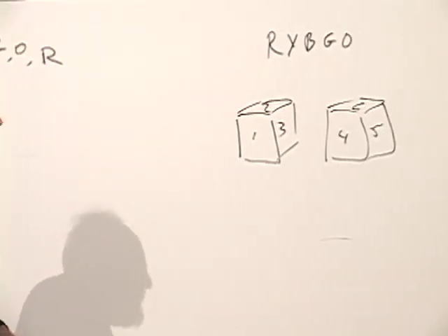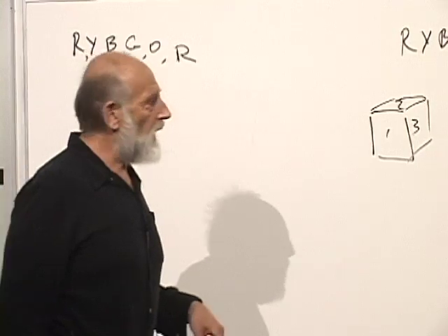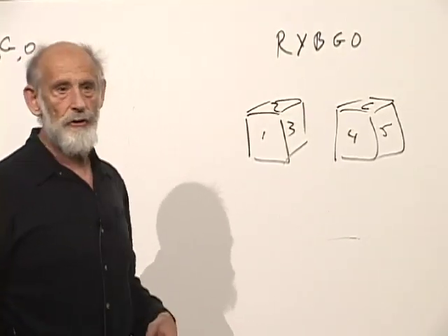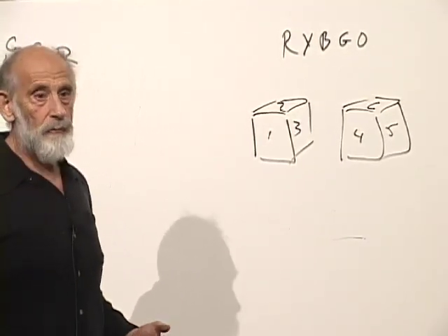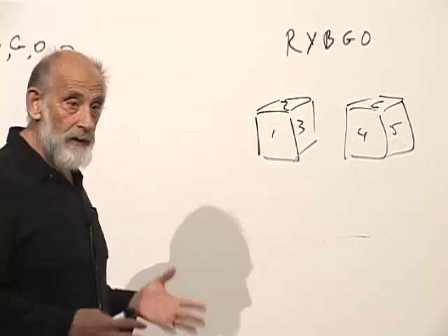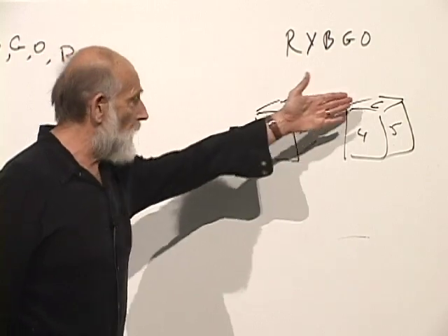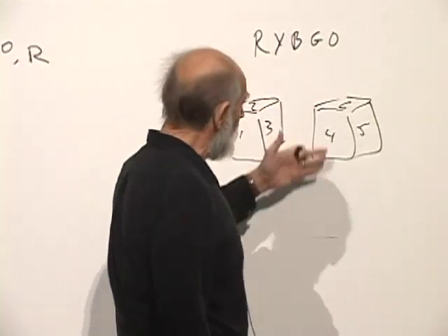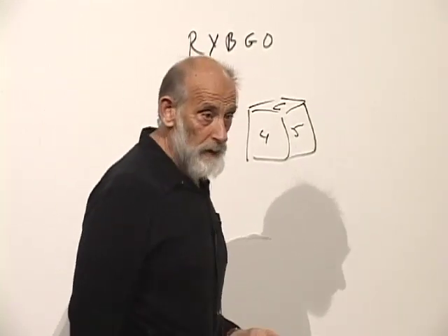From 2 and 6, we can flip in a way that can bring us to what? It can bring us to 4 and 4. It can bring us to 1 and 7, except there is no 7. It can bring us to 3 and 5, but it cannot bring us to 1 and 2. So that's a rule, and we could write that as a conservation law.